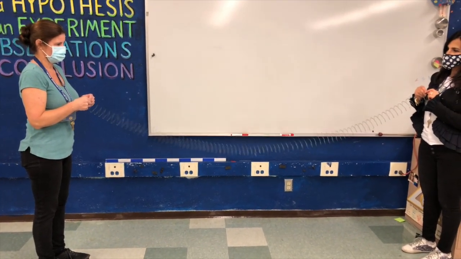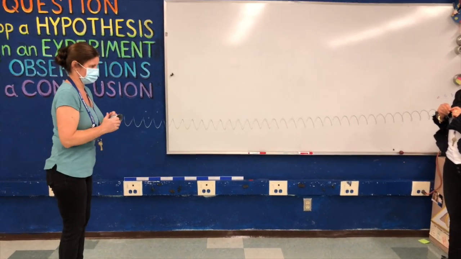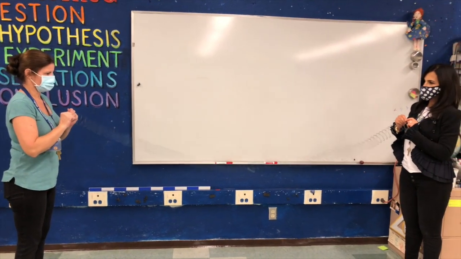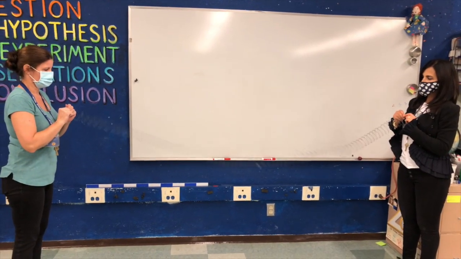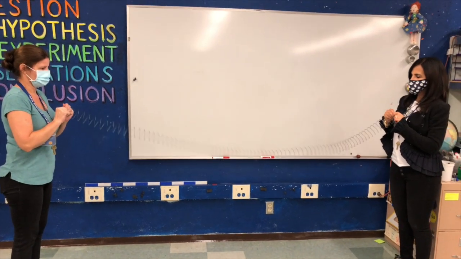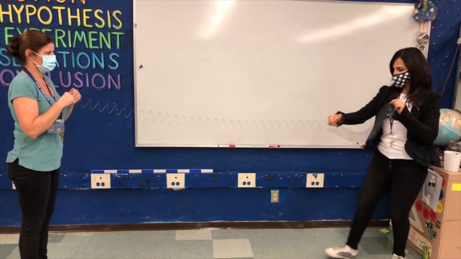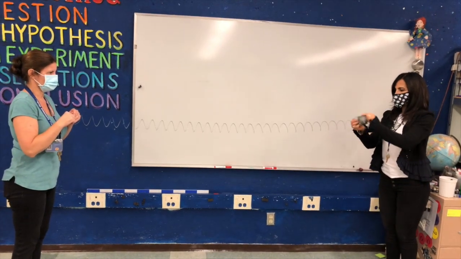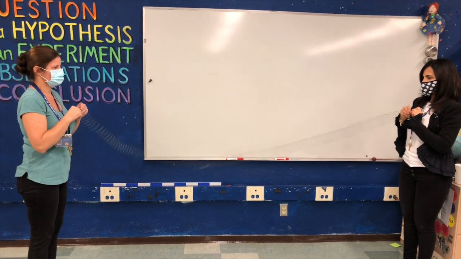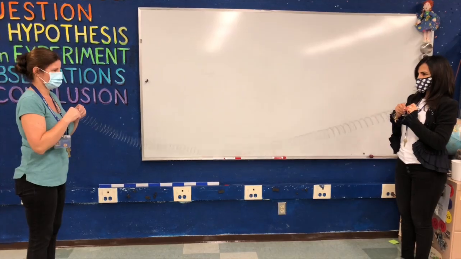Ava's going to do it again. She has the energy in her muscle. She lets go of the slinky, and the energy travels over to Miss Sherry. She can feel the energy arriving to her through the slinky. Now Miss Sherry goes again. She pulls back on the slinky. The energy in her muscle is going to travel through the slinky to Miss Ava. And you can see the motion going back and forth through the slinky.